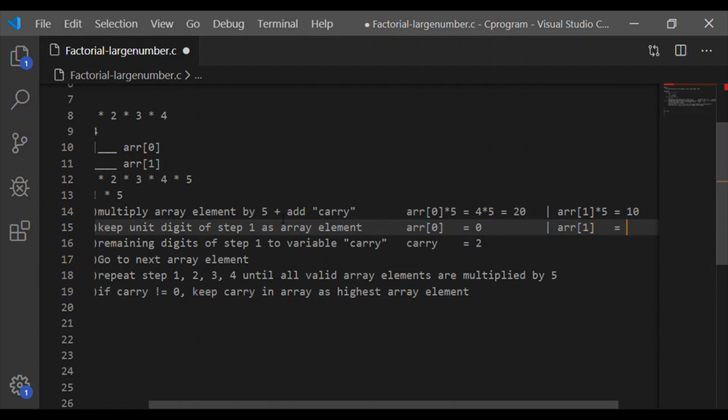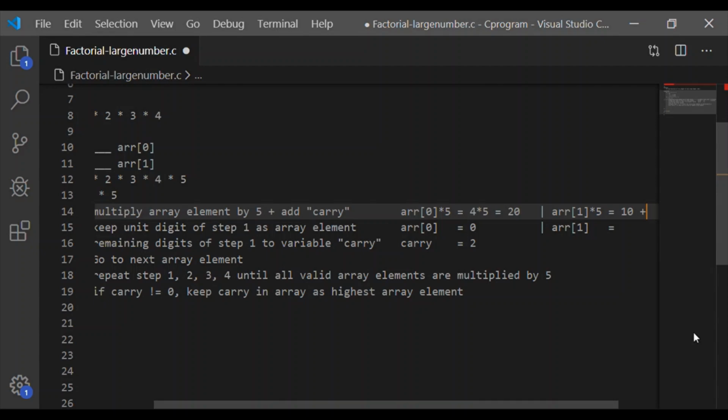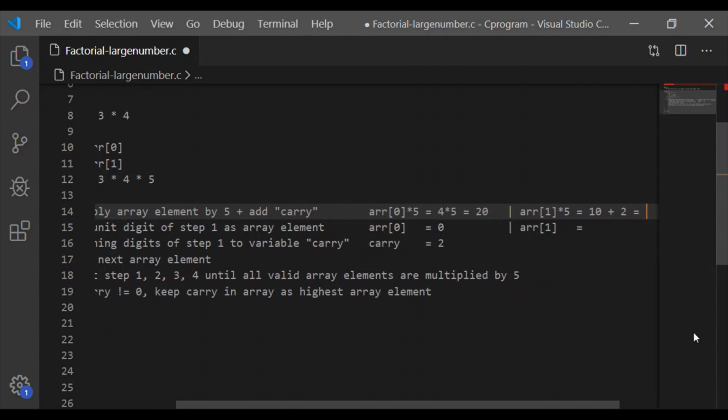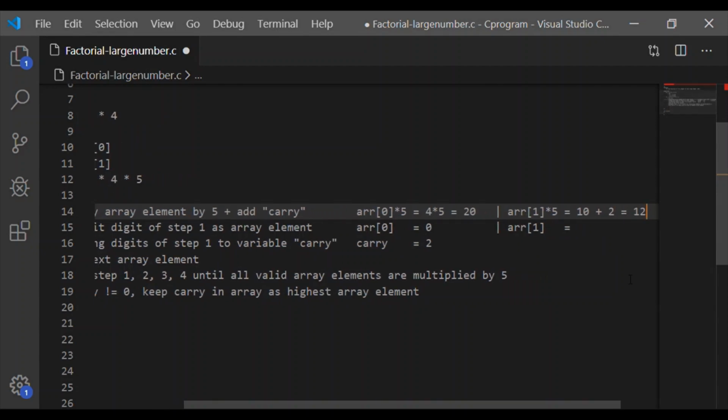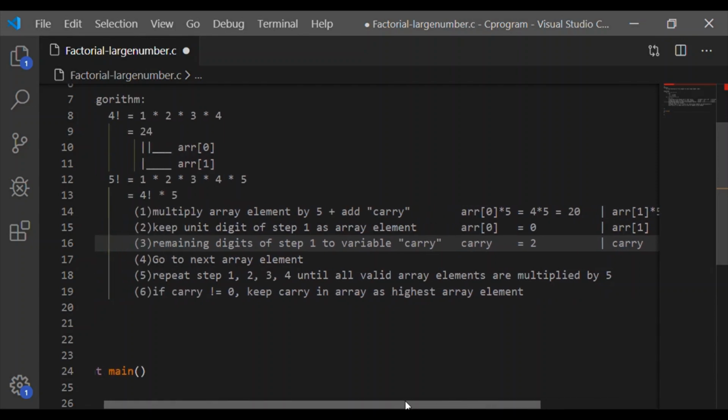Multiply array element by 5 and add carry. The carry of the previous loop was 2. So 10 plus 2 is 12. Array of 1 becomes 12. Now take only the unit digit to array 1 by taking modulus of 10 operation. So 12 modulus 10 will give us 2, and the new value of carry is 12 divided by 10, which is 1.